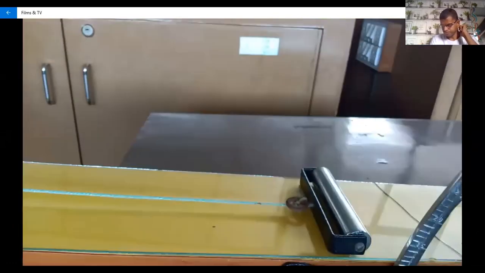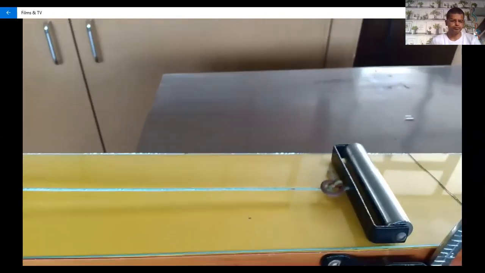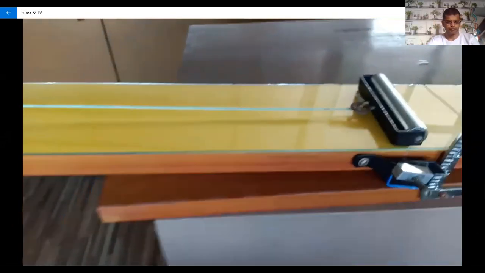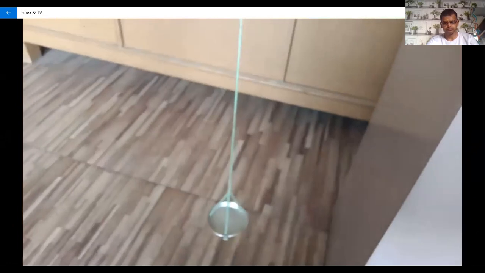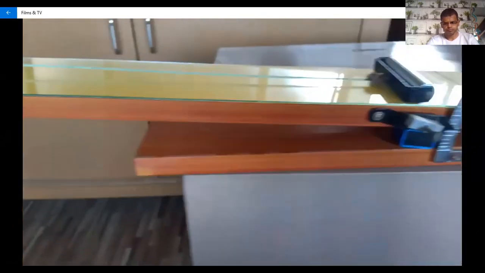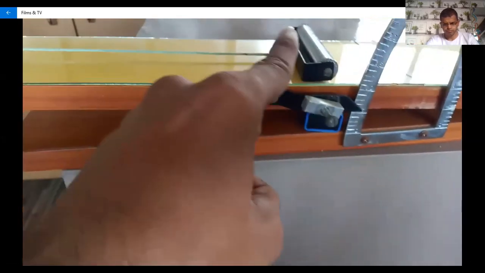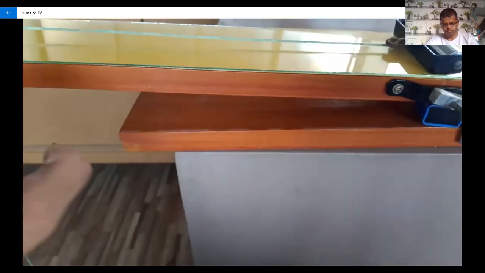Now after we put the roller on the surface in the center of the slide, and the pen as usual we put here. Now we put some minimum mass on the pen, and that time we show this roller moving very easily on this glass surface. So we start with 5 grams, which is the minimum, and then we put it on the pen.